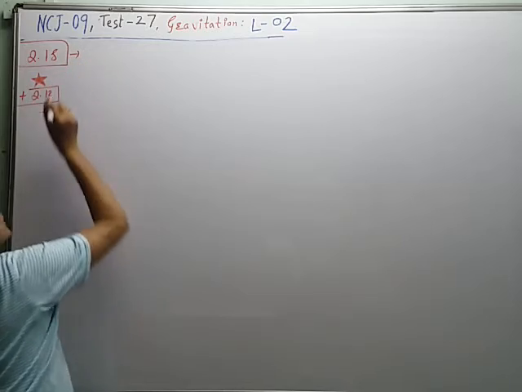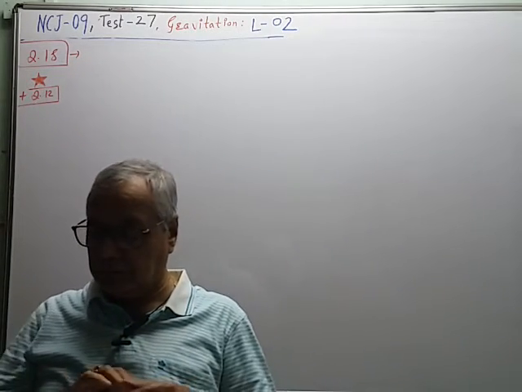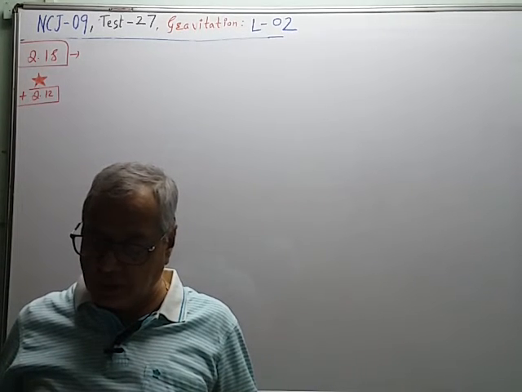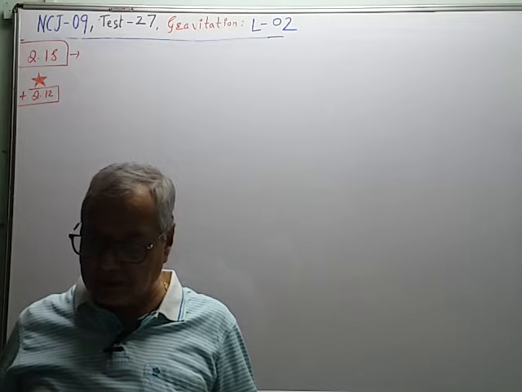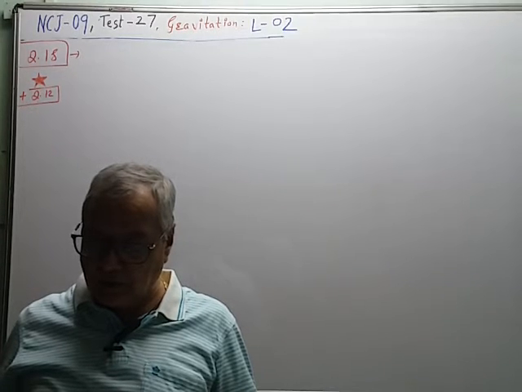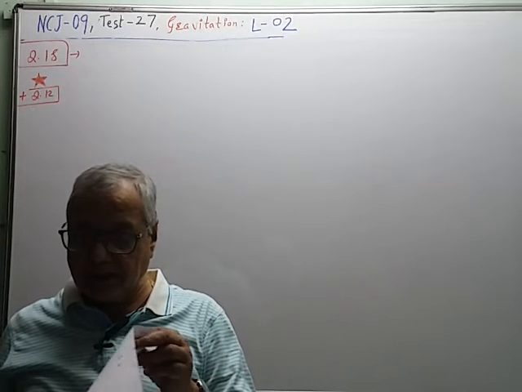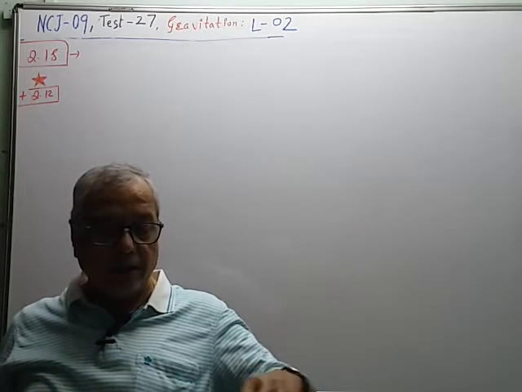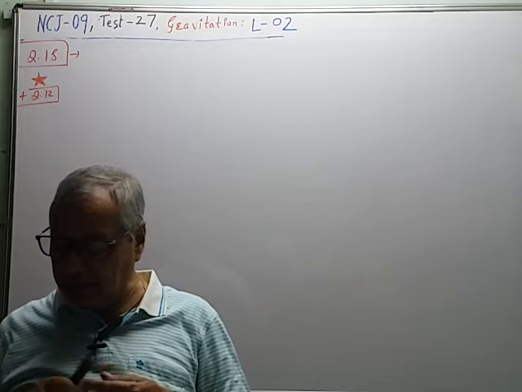Question number 18. I will read question number 18. The change in the potential energy when the body of mass m is raised to height n times R from the surface of the earth, R is equal to radius of the earth. चेंज विचारलेला आहे पण त्याला गेन पण आपल्याला म्हणता येईल. So we will see question number 18 first, and then question number 12 can be directly given here.